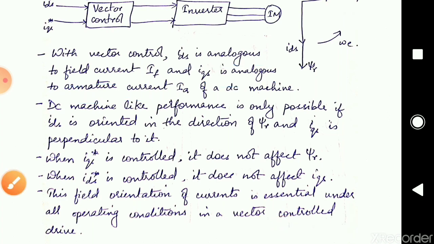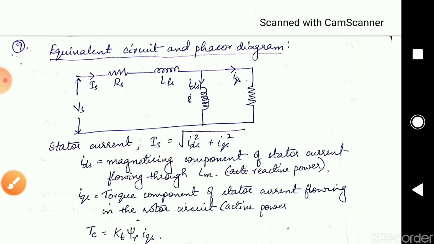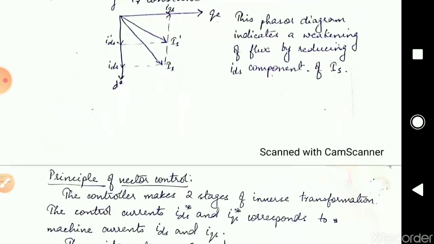Now, moving on, there is a portion called equivalent circuit and phasor diagram in your photostats. It is not compulsory that you study it. It is well and good if you study it. I am not discussing it in this video because I am only covering the basics required for vector control over here. It is good if you study this particular portion. If you are studying it and if you have any doubts, you can contact me. I will not be discussing this portion over here. I am just skipping this portion.